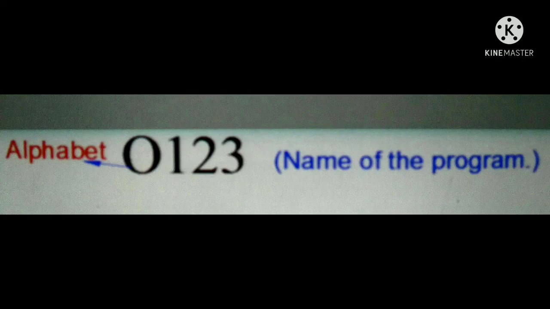So first start with the name of the program. I will start with the alphabet O followed by numbers such as 1, 2, 3, etc. You may use any other number. This is the identification of our program. But one thing to keep in mind here is that there should be no other program with the same name.